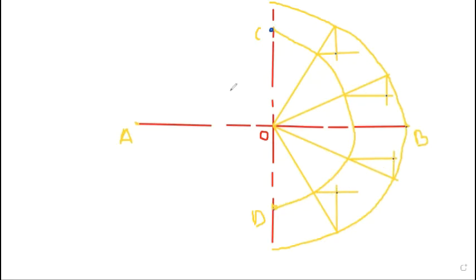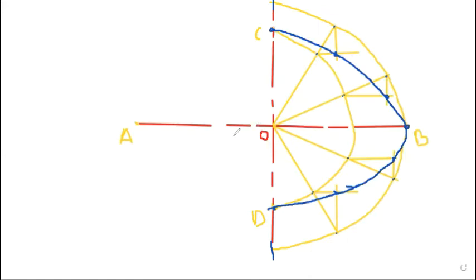So by using a French curve or freehand. When we use the French curve, by trial and error method, you have to match a minimum of 3 points on the French curve. Or by freehand you can draw it. So the curve will be like this. This is the half part of this ellipse. So this is called the concentric circle method.